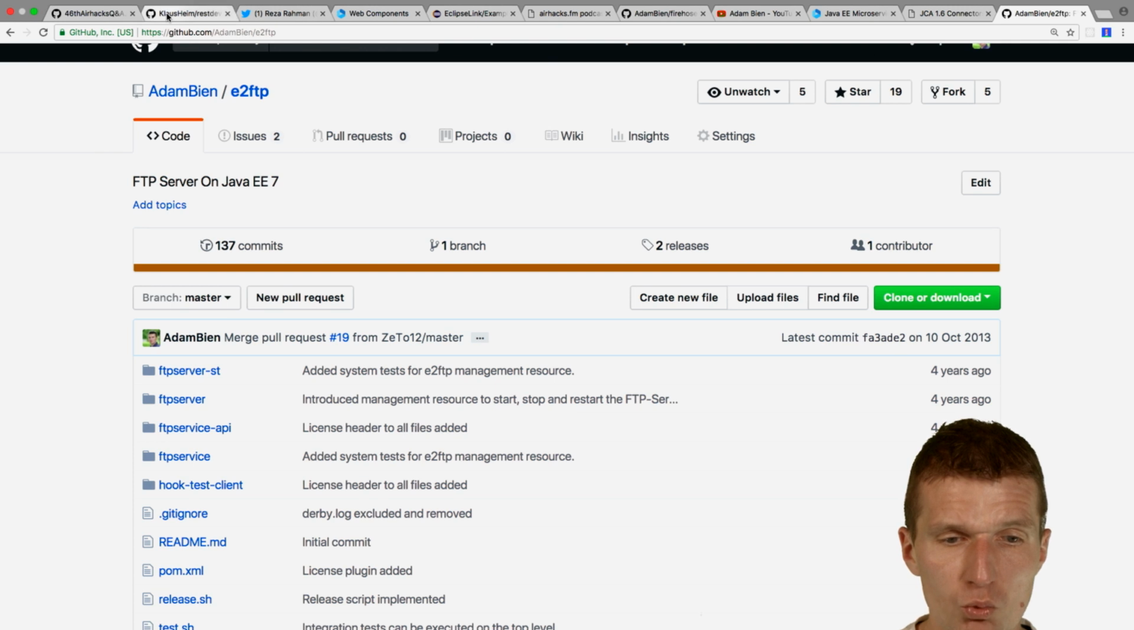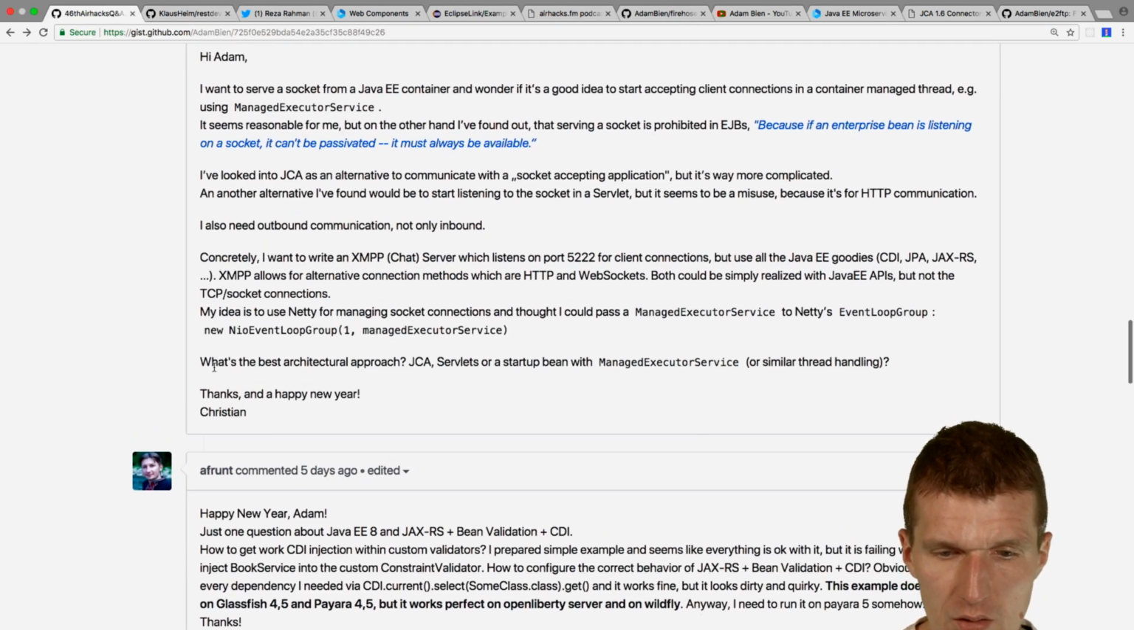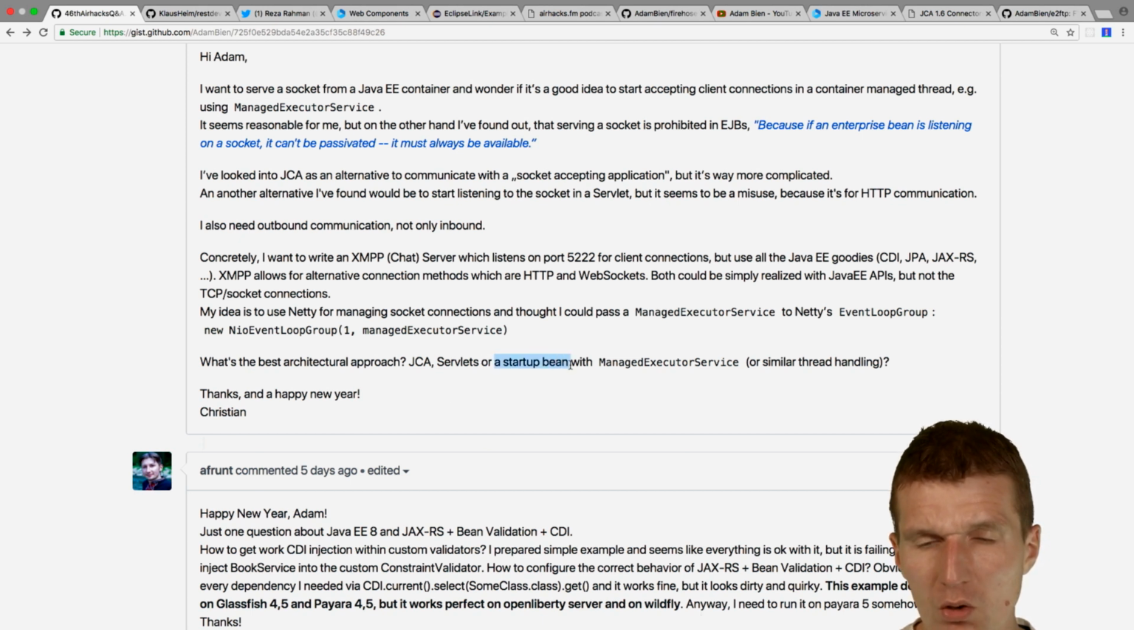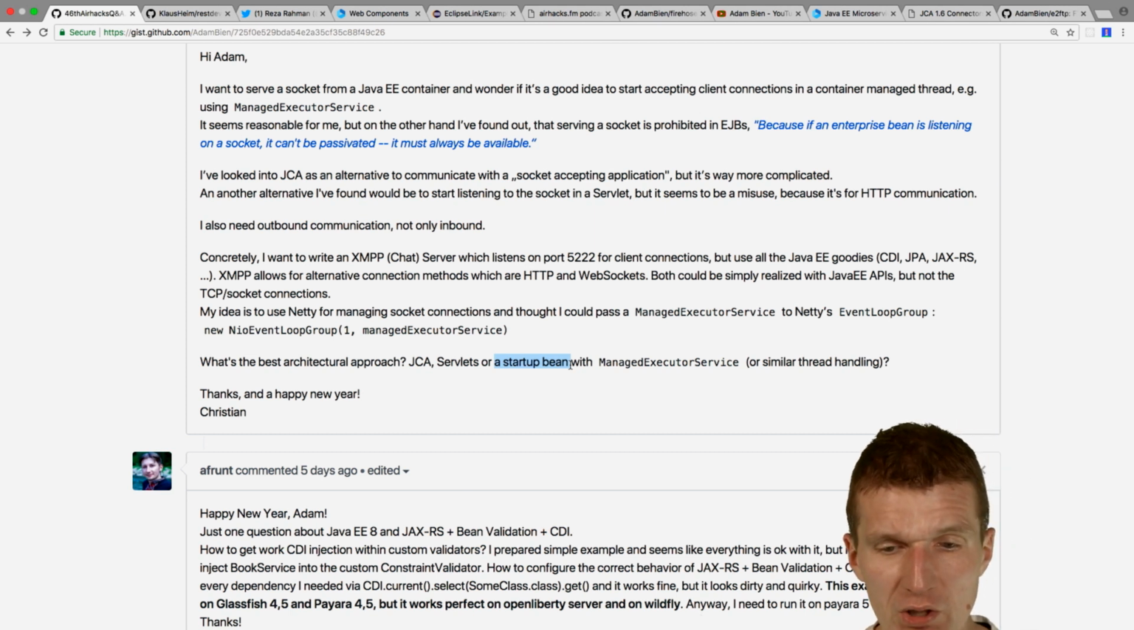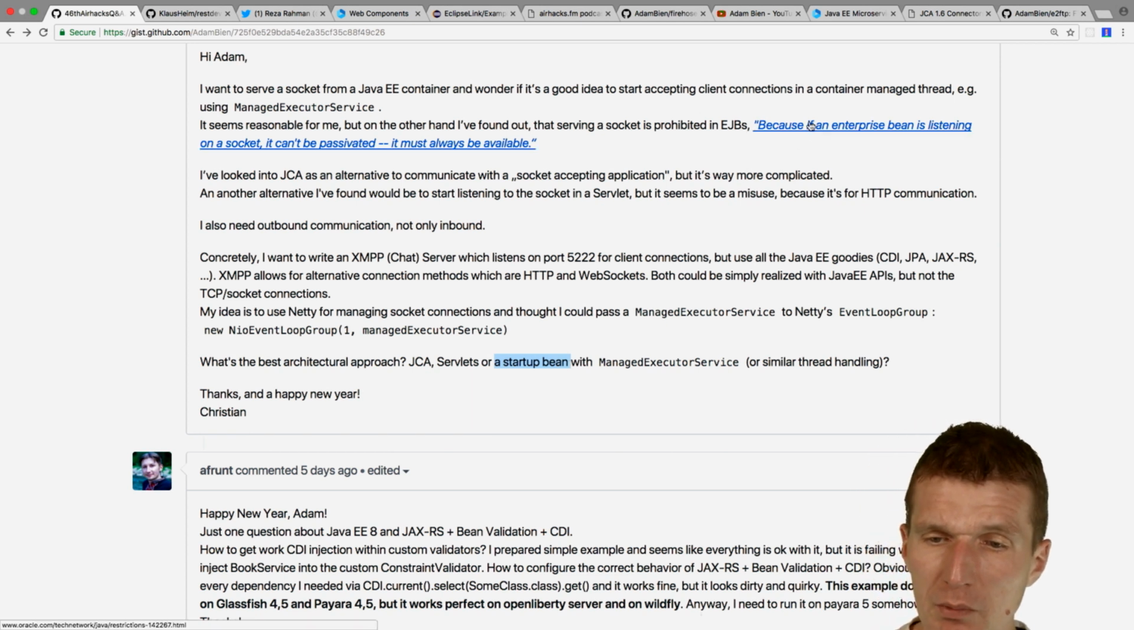So what I would do is start a singleton bean with container-managed concurrency. This is what I will start with, and manage an executor service and it's ready to go. Nothing will happen. And by the way, the statement is, I think, wrong,